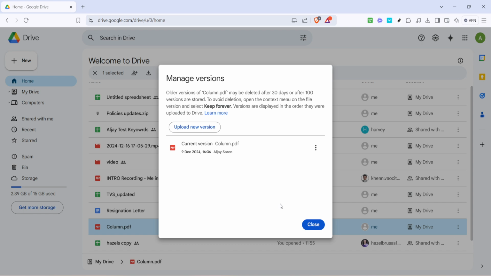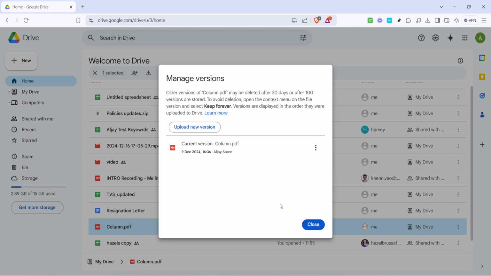When you click on Upload New Version, a window will pop up asking you to choose a file from your computer. For this particular trick to work, you want to select an image file. Any generic photo will do. This doesn't delete your original file, it merely masks it. So when someone visits the link or opens this version by default, what they will see is the image you just uploaded instead of the original document.